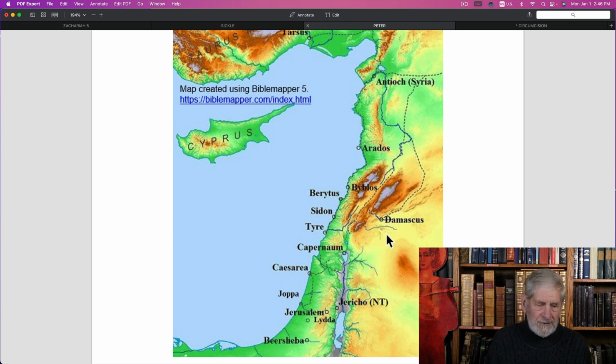Unfortunately, it's behind my lower screen, but anyway, Peter first appears down in Jerusalem, in the upper room in Jerusalem, after, of course, the resurrection of Jesus. And he was there during Pentecost, and then of the choosing of Matthias to replace Judas Iscariot, Acts 1:13. Then he was healing the lame man at the temple in Acts 3 in Jerusalem. These are all in Jerusalem.